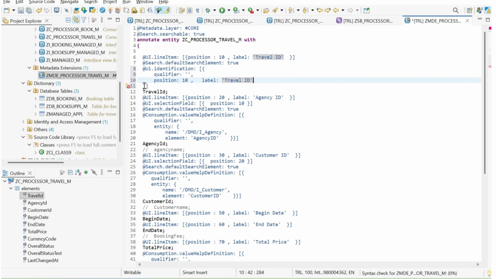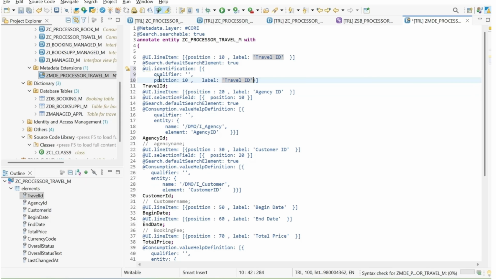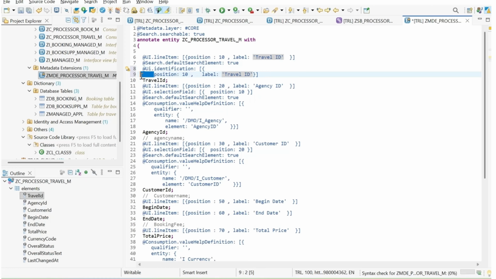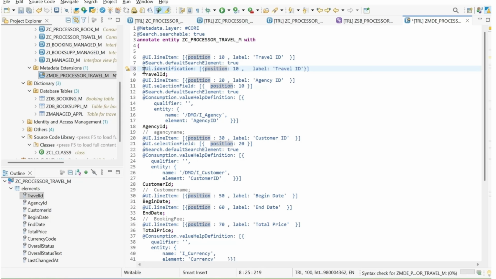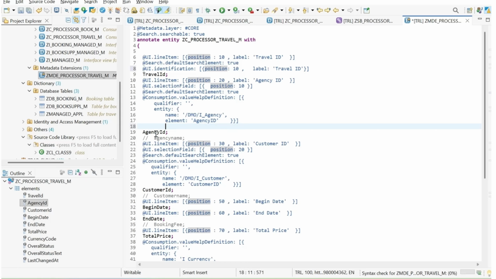We don't need comma. Qualifier I don't need. These two things are enough for me. I will just copy this one. For agency also, I wanted to add this UI identification. I will add this one. Position I will remove and make it as 20, and agency ID,